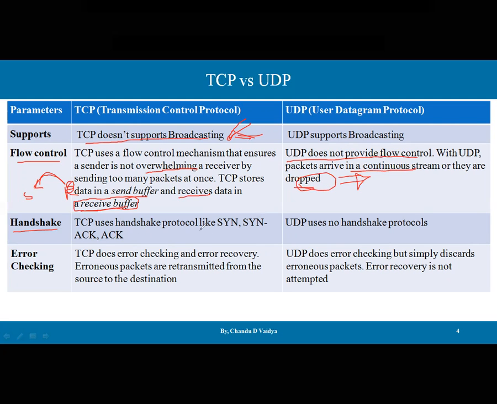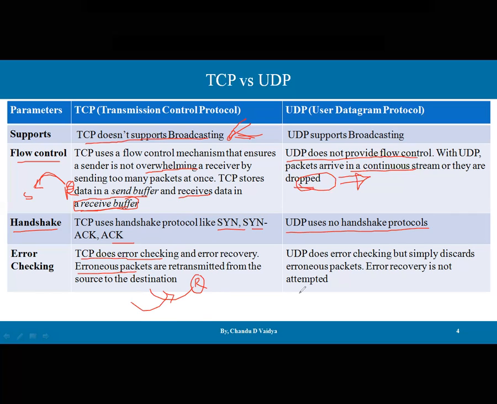TCP uses a handshaking protocol, SYN and SYN-ACK, for confirmation, whereas UDP never uses handshaking. Then error checking: TCP does error checking and error recovery. Erroneous packets are retransmitted from the source to the destination again, so it is more reliable. We can say TCP is reliable because if something is lost, it is retransmitted,